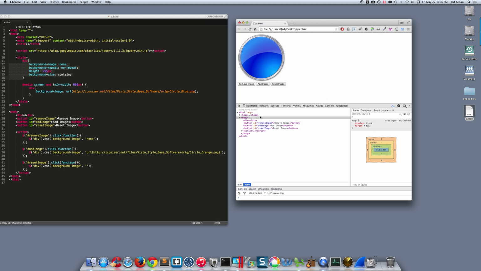as you can see, this is the important thing I want to point out to myself here, that right now the div has no inline elements, and I wouldn't expect there to be inline elements because I didn't specify any inline element. But if I click this add image, well, let's just go in order. If I hit remove image,